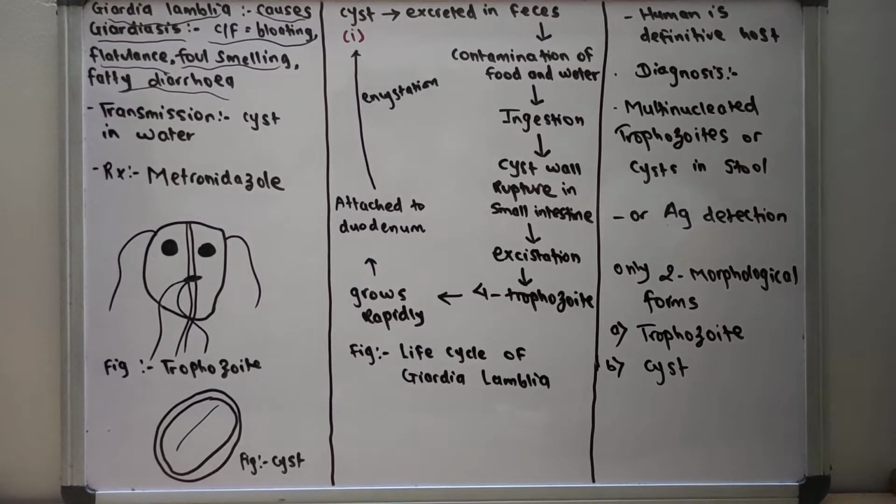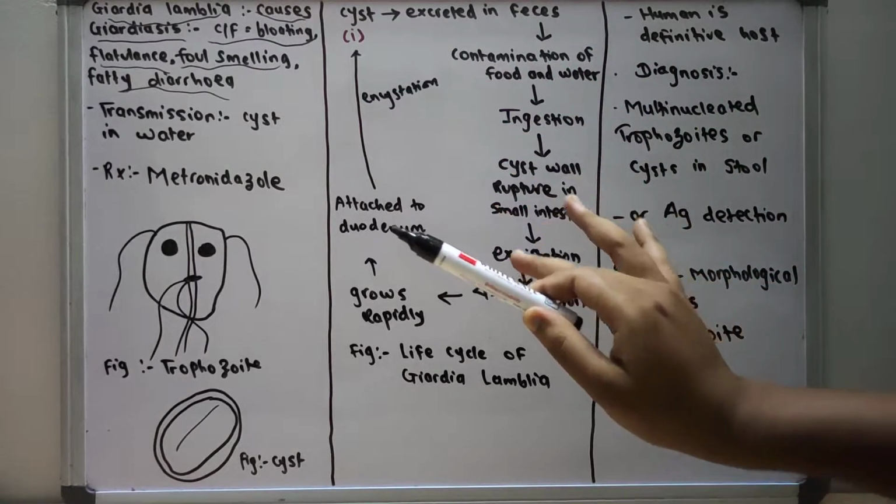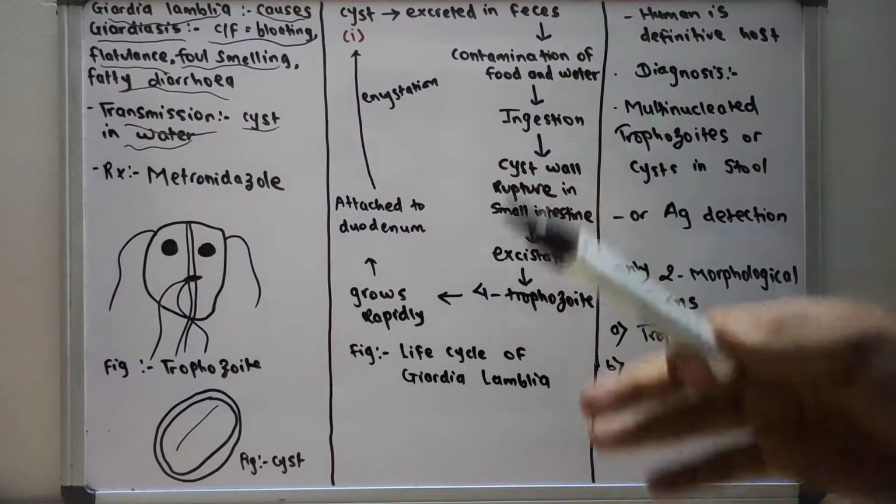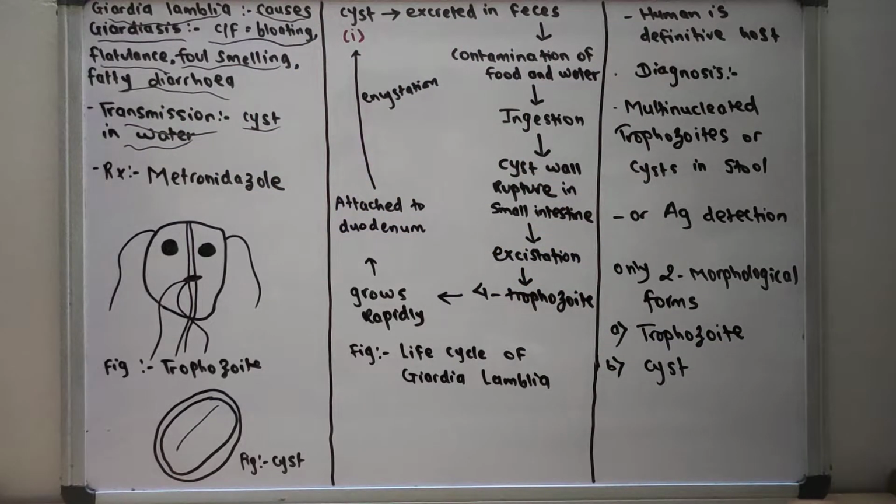So how does Giardia lamblia occur? It occurs through contaminated food and water. The cyst of Giardia lamblia contaminates the water or any food, and when we ingest it, giardiasis can happen. So the human is the definitive host, and